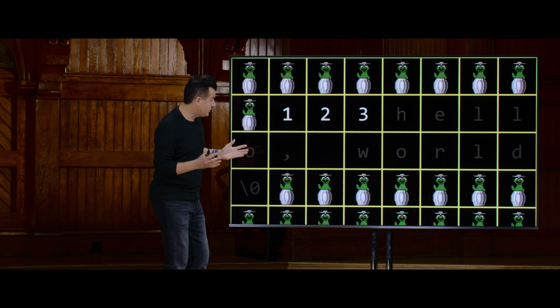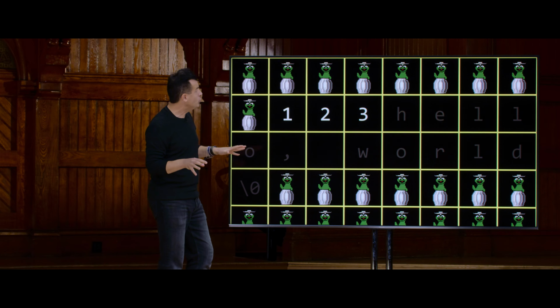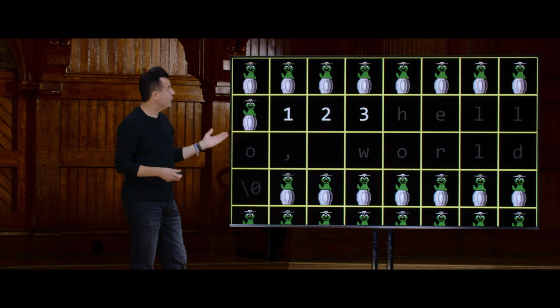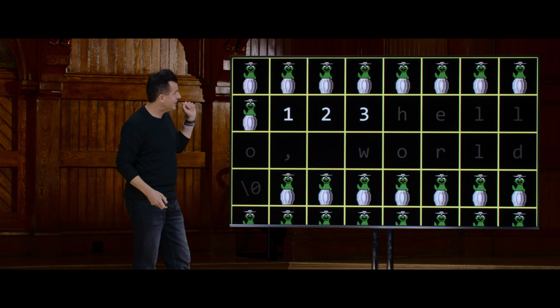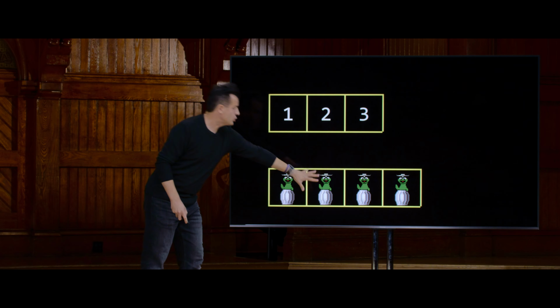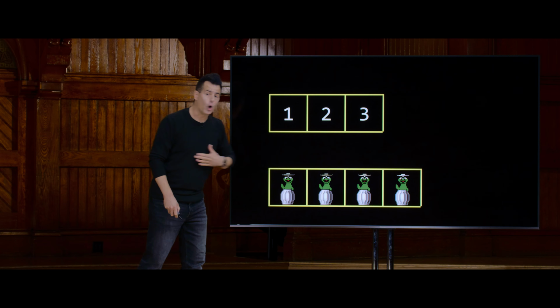Of course, it looks like there's plenty of other memory I could use here, because these garbage values represented by Oscar are not being used. They've been used in the past, but we treat garbage values as memory we could reuse, certainly. So wouldn't it be nice to maybe just plop the 1, 2, 3, and 4 in this chunk of memory over here? And I can totally do that.